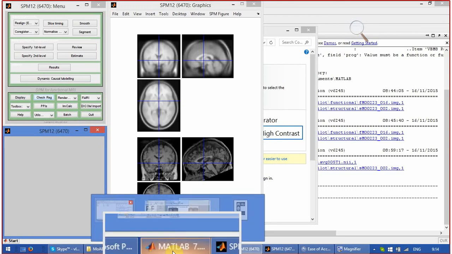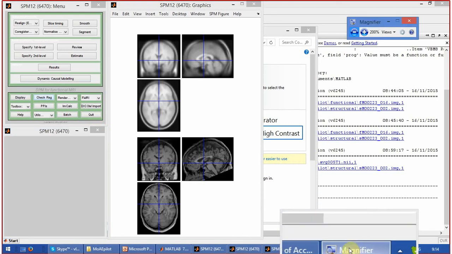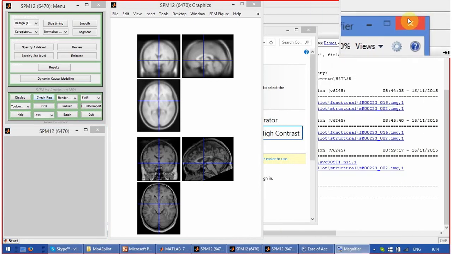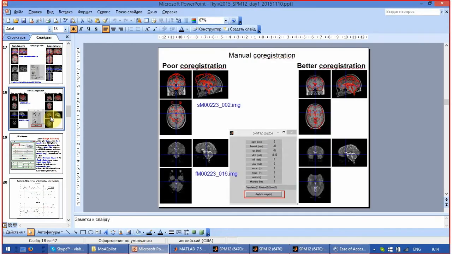But now we have to do the same. If you don't mind, I stop the modifier. And we do exactly the same with our functional. Now the first image you select is the structural one, the very same you have already reoriented. And after you select functional, then you apply some displacement and rotation on your